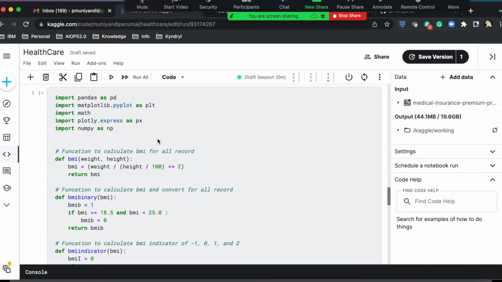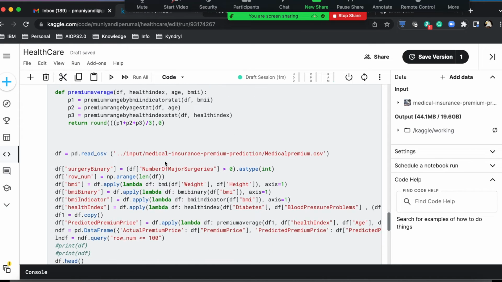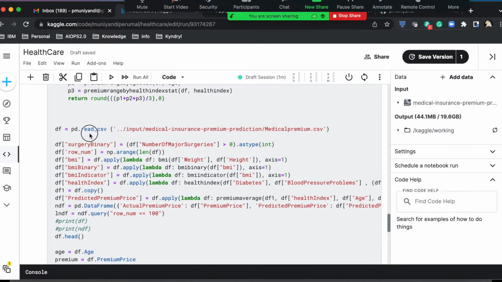Okay, fine, no problem. This is a program which I wrote, and this code is already available. I will even give you the link after the session, so you can also refer to my code. See what I'm doing here. As I told you, there is a data set. So what am I going to do here now?